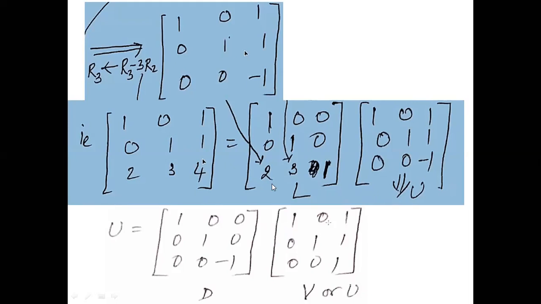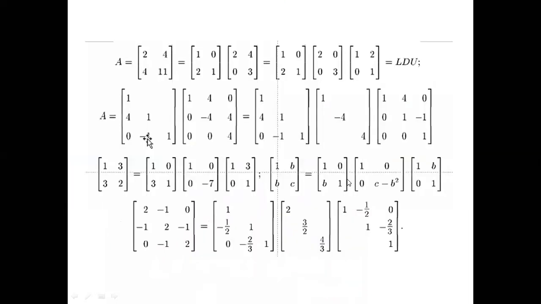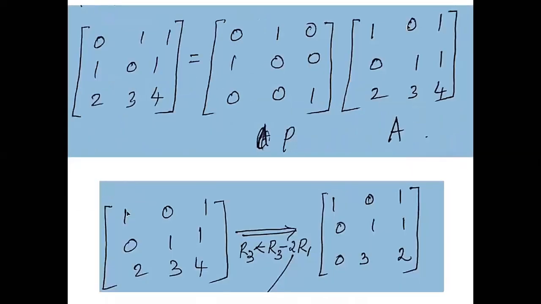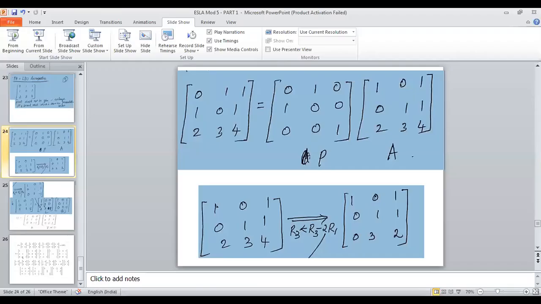So A has been converted into LU, and the next step is to convert the U into D. So we know that U can be converted into a diagonal matrix. So I keep the diagonal elements as they are, and you have zeros otherwise, and then paste the other values as U. So therefore A can be decomposed as LDU. The only addition here was that the initial matrix had a 0. Right? So this also can be one of the problems which can be asked. So please do the LDU decomposition. It's one of the most important decompositions which is required.